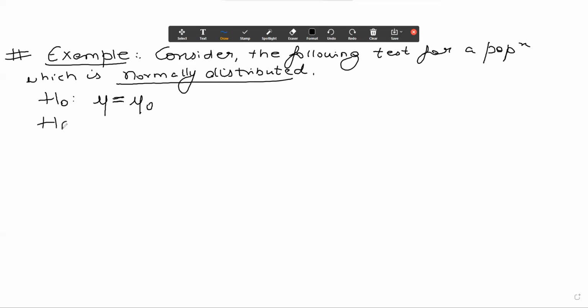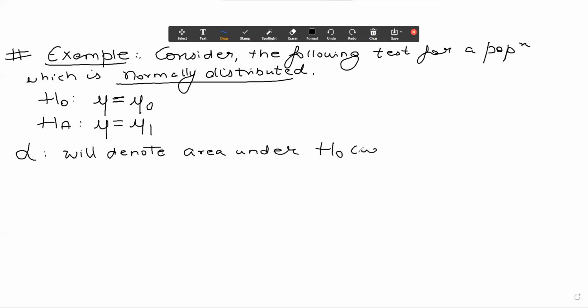And my alternate hypothesis is that mu is equal to some other value mu1. Okay, now what will alpha and beta denote? So now alpha will denote the area under the H0 curve, that means the null hypothesis curve, lying outside the acceptance region,